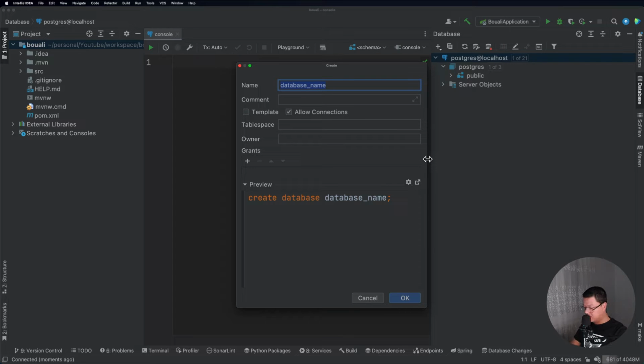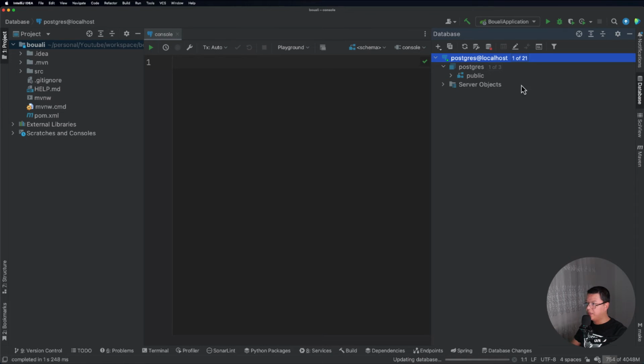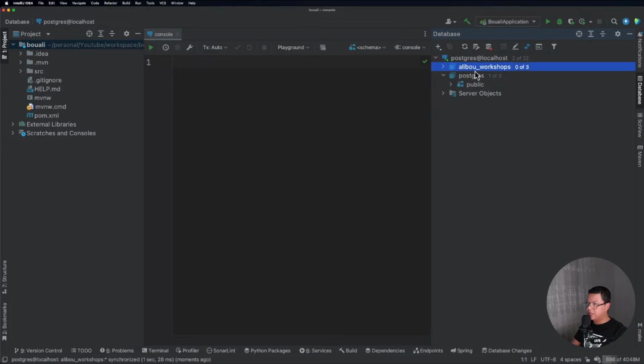Let's call it workshop, or let's call it Alibu_workshops, because we will have so many workshops in the future. So I'm going to call my database Alibu workshops. I will click OK, and here you will have this Alibu workshops.